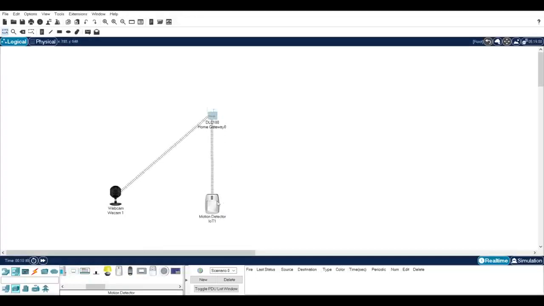Then double click on the motion detector, go to configure. In configure, change the display name to motion detector 1. So as you see here, the names have been given to the motion detector and webcam.